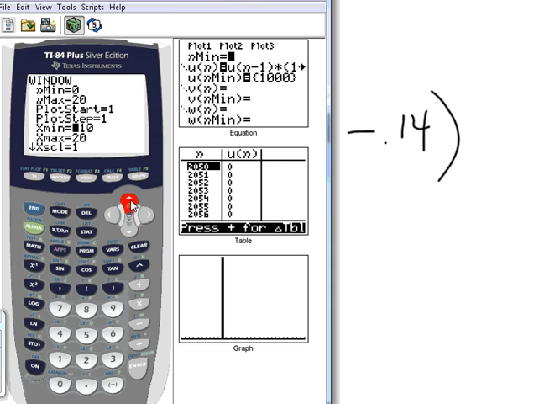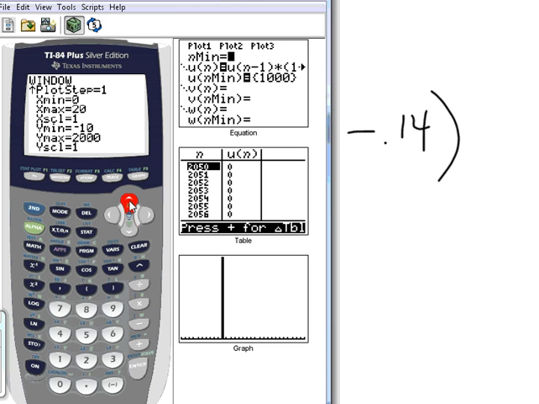The x min, that means when you actually make the graph, do we actually need negative x's, which would be negative years? No, we could have it from 0 if we wanted to. So I could make that a 0. And that's up to 20 years. Then, you see how there's an arrow in the lower left-hand corner? That's a hint that there's more stuff you can't see if you arrow down. Your y's aren't here yet, so now there's the y's.